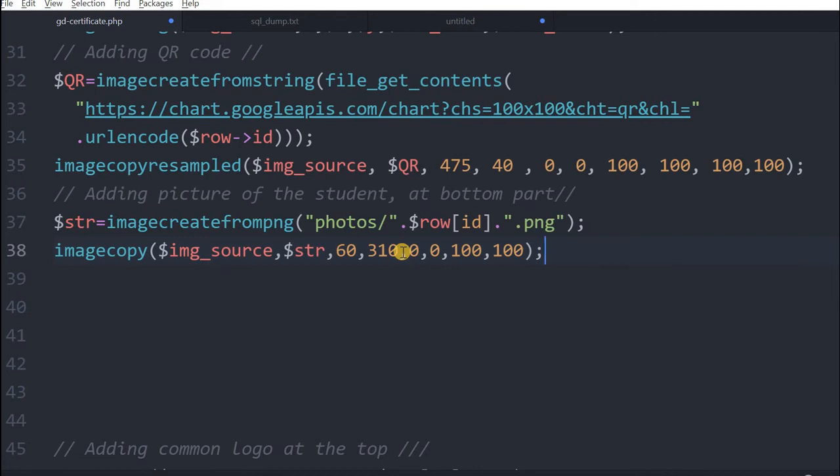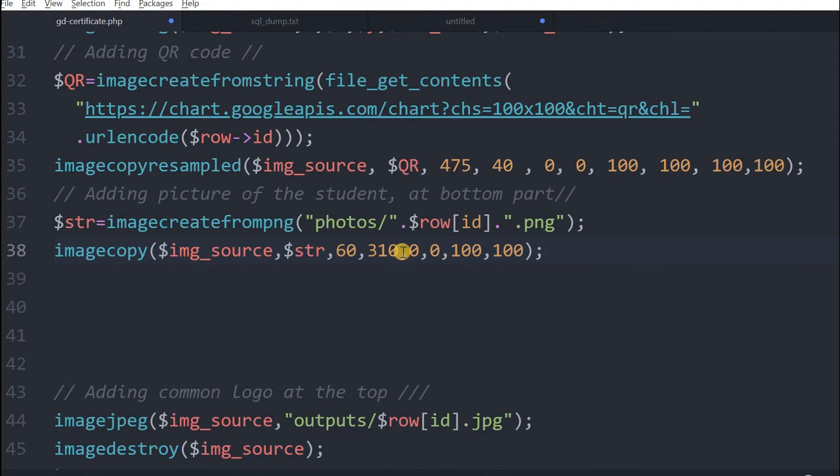So we are telling it to start from 0 0, the top left corner, and copy up to 100, so the entire picture will come. Place it at 60 and 310 on the coordinates of the source image. That's all. So with this, let's test it.